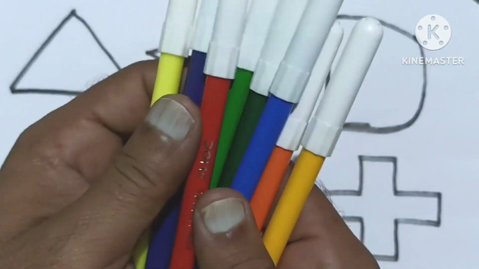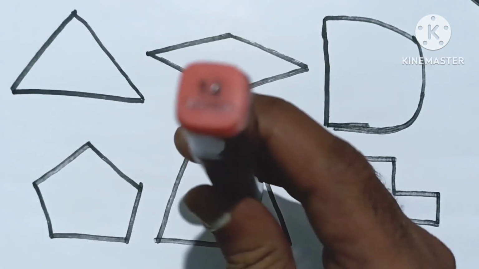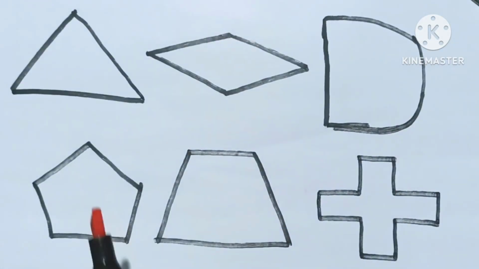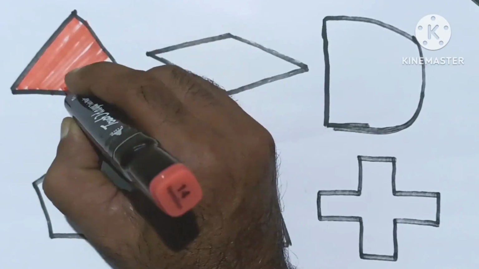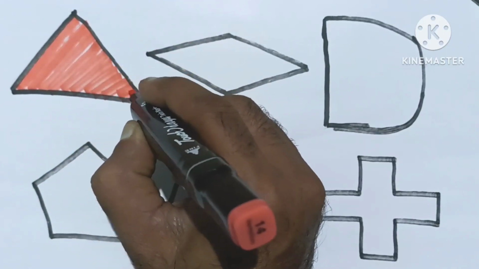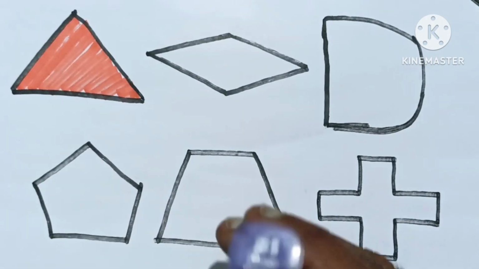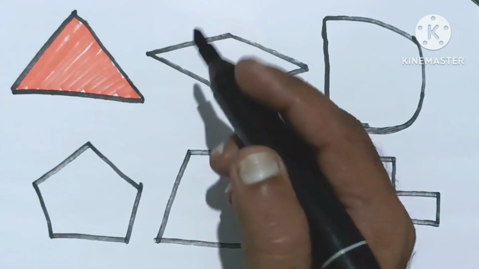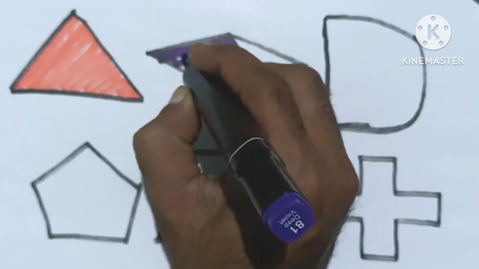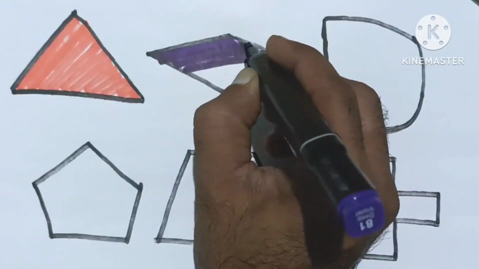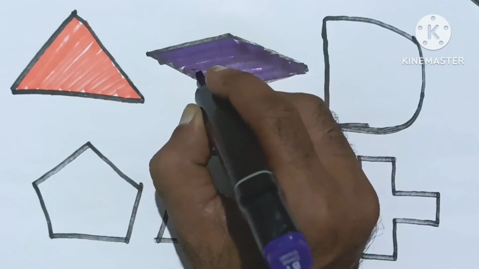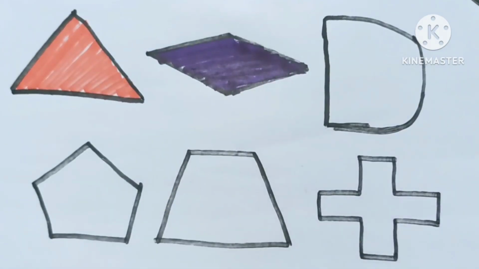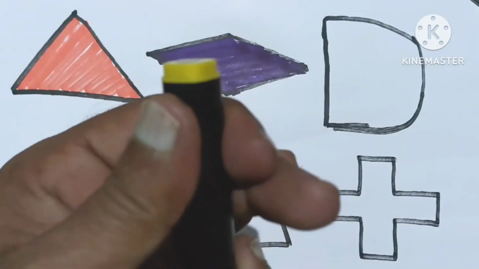Look at this kids. It's a vermilion color kids. Vermilion color, deep violet color, deep violet color, Canada yellow color,